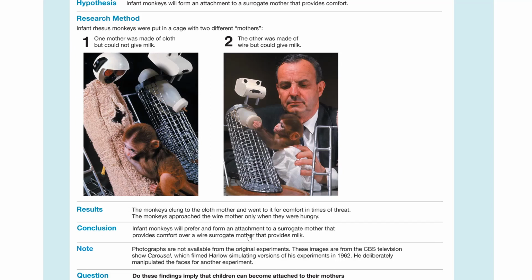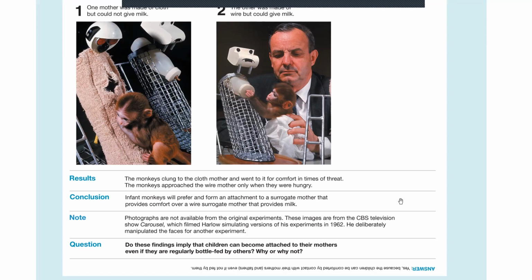Conclusion: infant monkeys will prefer and form an attachment to a surrogate mother that provides comfort over a wire surrogate mother that provides milk. And so this showed us that it was, in fact, contact comfort that formed attachment. It is your mother holding you, not your mother feeding you, that causes you to become attached to her. If they're holding you, particularly when you're afraid, it is the comfort and the contact. When she feeds you, the baby is pressed against the mother, and that's providing the emphasis for attachment, not the